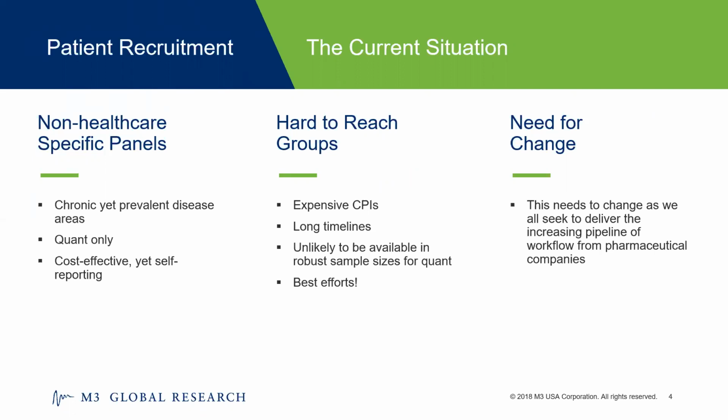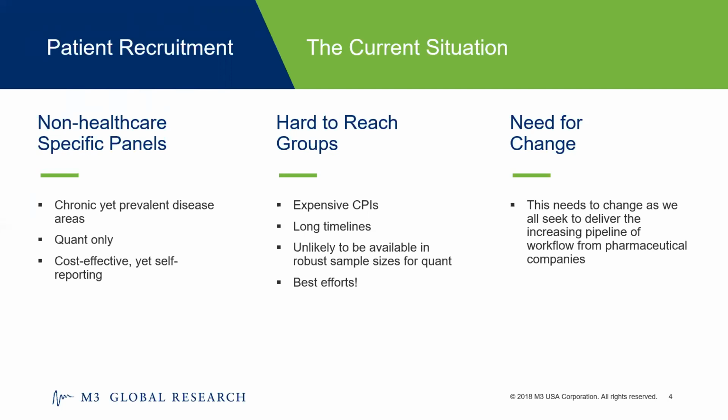What we see is that once you move past these disease areas and you get into your more rare diseases or your niche disease states, these respondents are far harder to access. And the scenario we see quite a lot is clients coming to us saying, we want to do some work in a rare disease. The client wants to be out of field in 6 weeks. Do you have these patients on your panel? And that's very difficult. It's a rare disease. To be honest, most of the time you're always starting afresh with that kind of recruitment, and that's where it